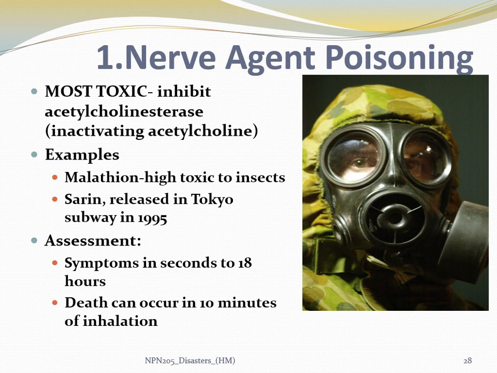So your nerve agent poisoning is the most toxic, right? It inhibits the acetylcholinesterase, inactivating acetylcholine. Examples are going to be malathion, which is highly toxic to insects. It is actually okay for humans if it is used following the directions, because you will actually see this used